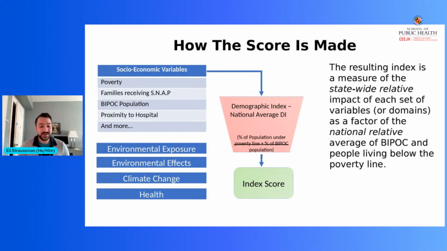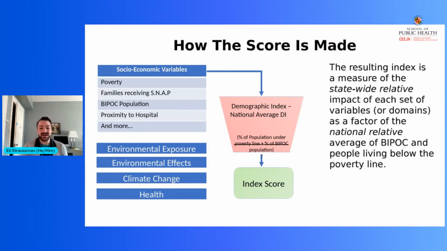The California EJ screen, which this is based off of, uses a formula that takes in this data and then weights it by the difference between the demographic index of that locality to the nation. Now, what is a demographic index? So a demographic index is, as you can see in this middle box,